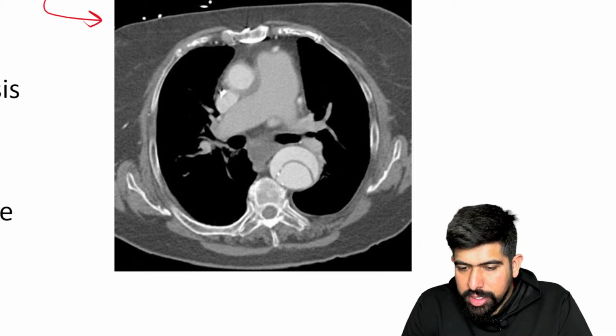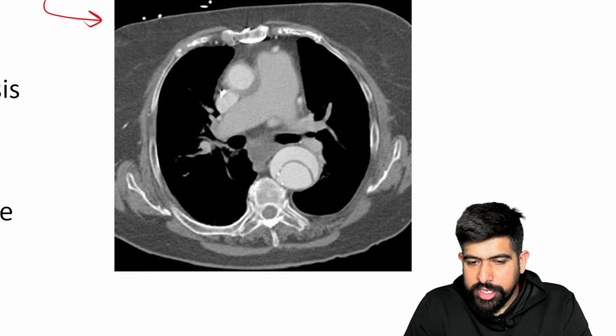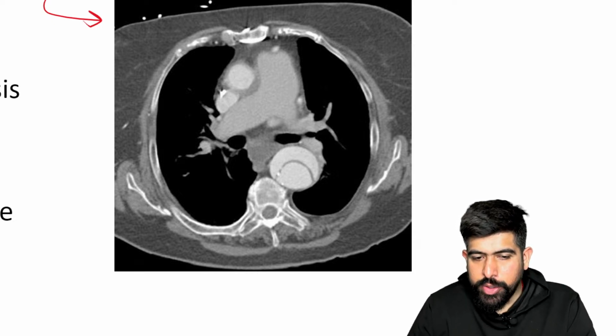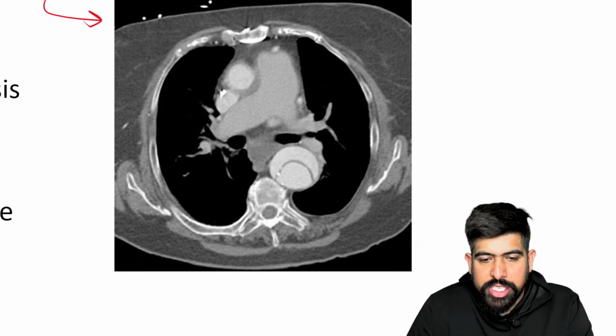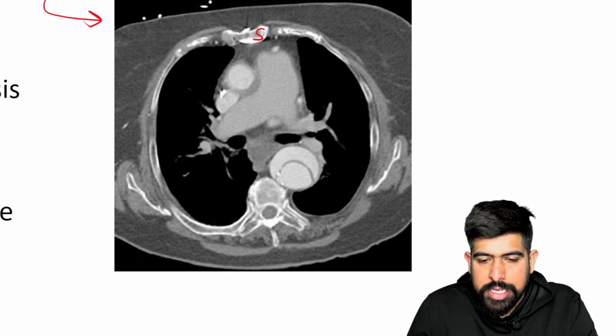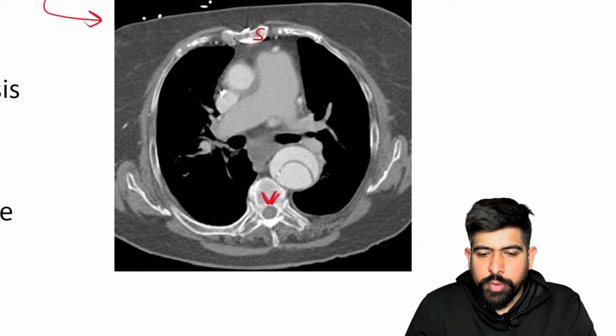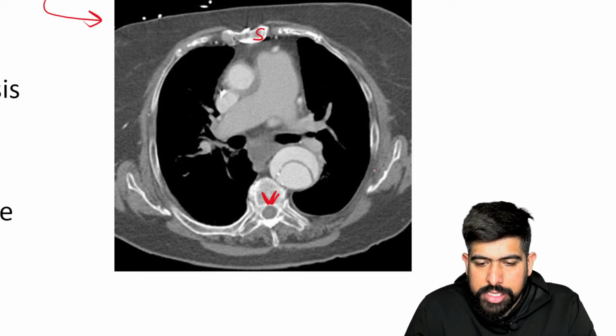I hope you clearly see this. Now can you make the diagnosis of it? Can you tell what structures are seen in this condition? I'm mentioning some things. This is your sternum. This is your vertebra. These are your lungs. And this is your important structure, I'm marking here, this is your aorta.